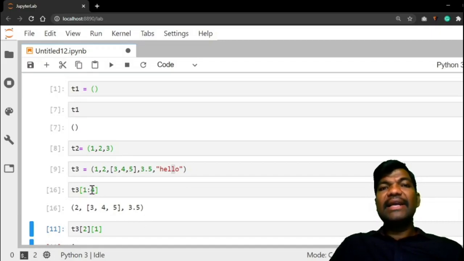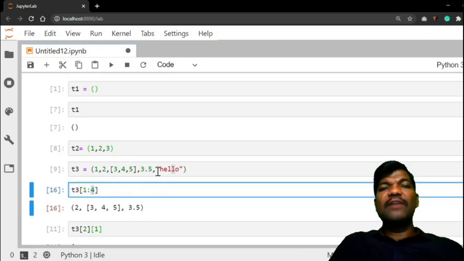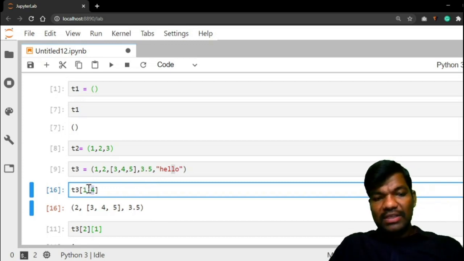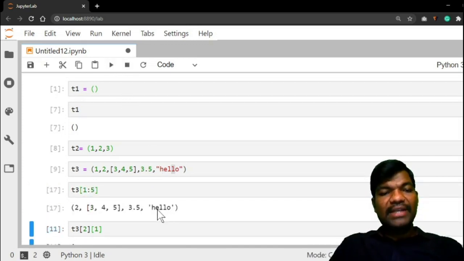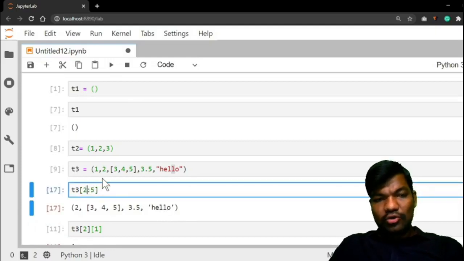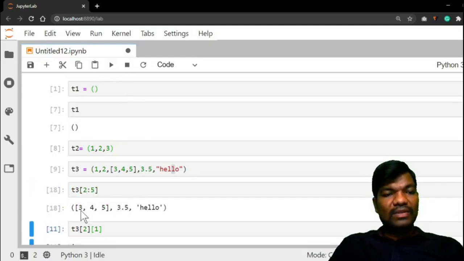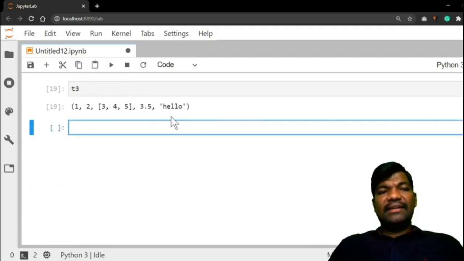Right? 4 is neglected, that's why up to 3.5 is printed. Suppose you give 5 here, it will print up to hello. Give 2 here, 2 is removed, and from 3, 4, 5 it will be printed. So this is T3, right?